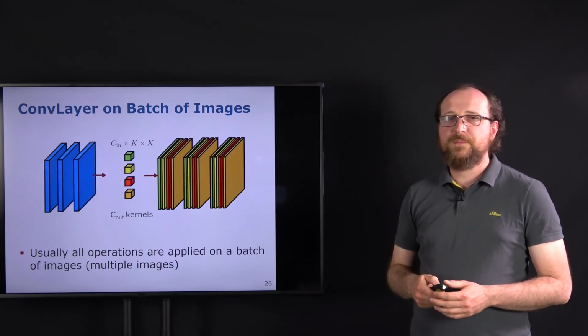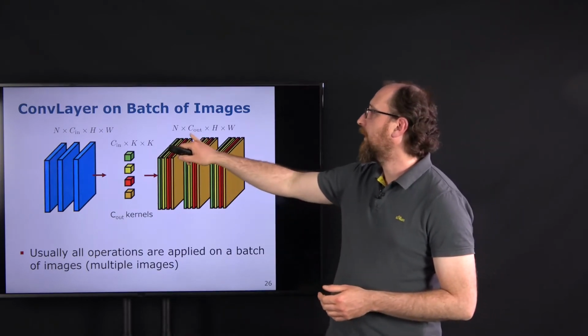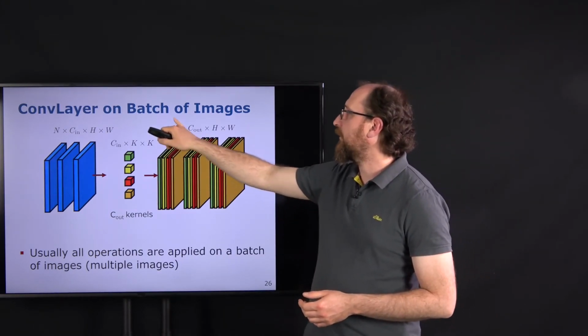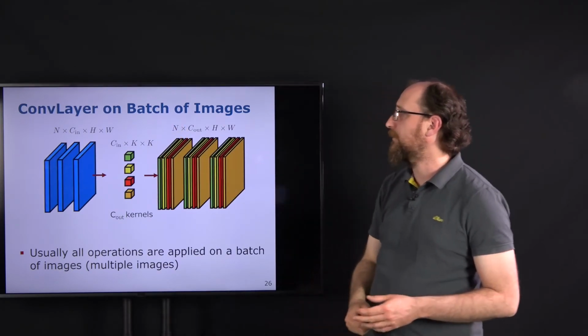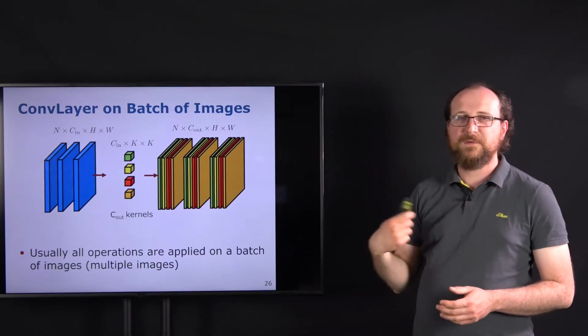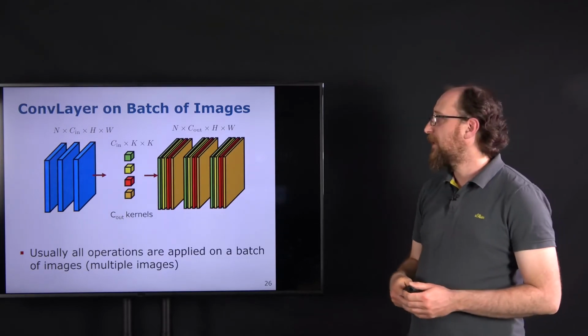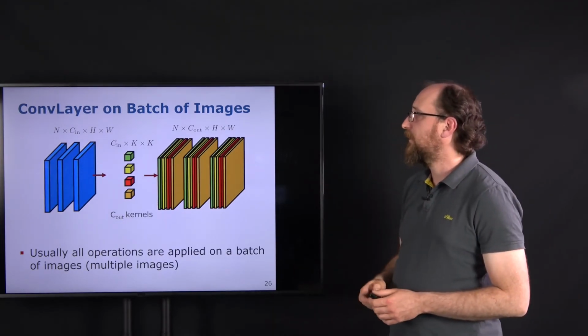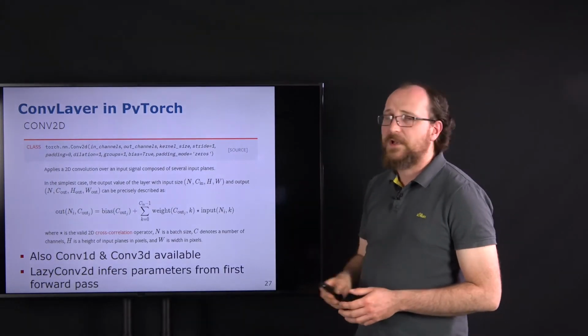Usually we not only want to apply the convolution on a single image, but the same convolution is applied to multiple images. So you usually have not only the number of channels, but also the number of images that you put in, and this is called the batch. Why we want a batch of images will become clear in the next lecture when we talk about learning. But for now, you can take this as information,